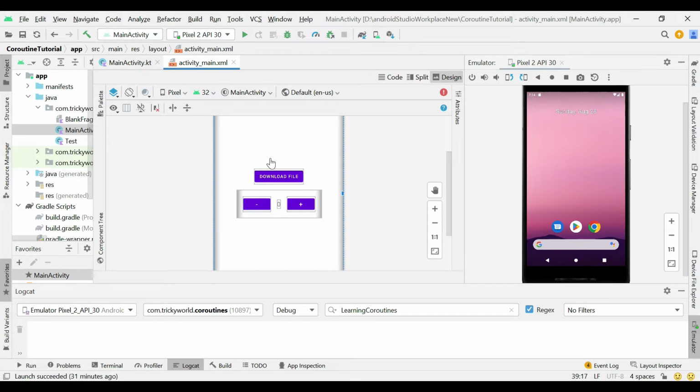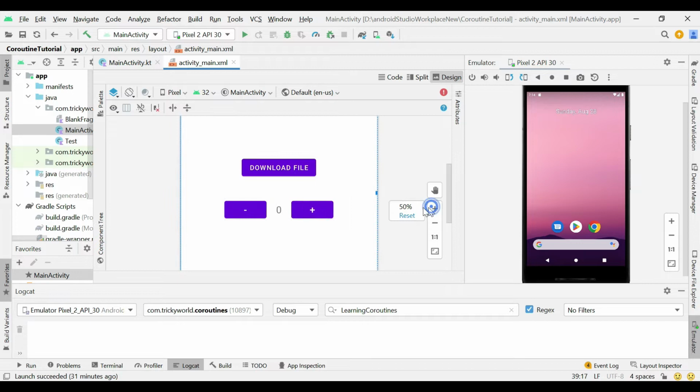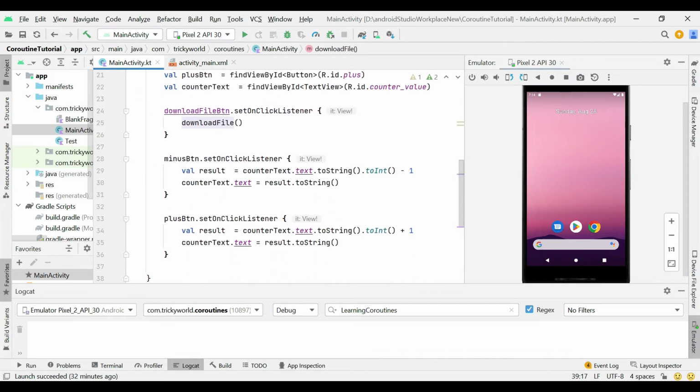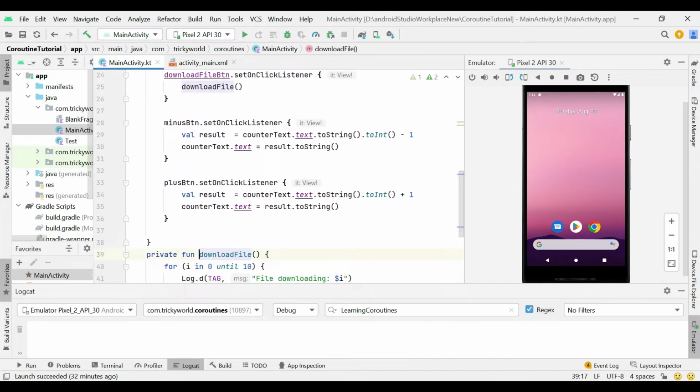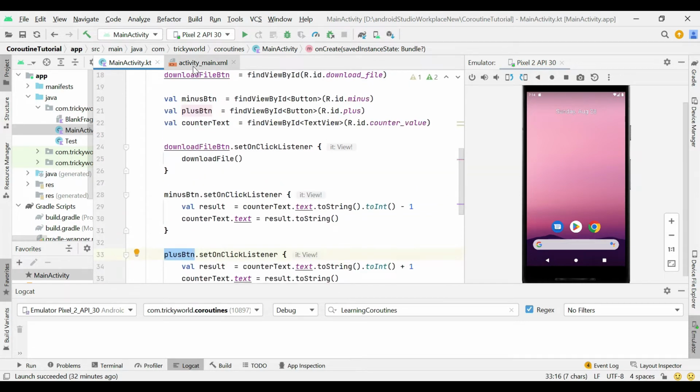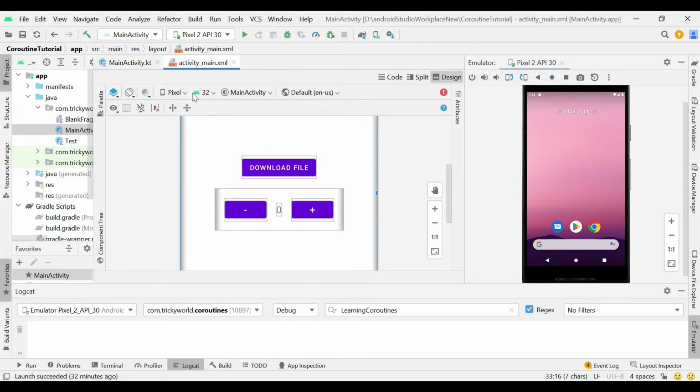And here you can see another button, download file. When this button is clicked, we are calling a fake download file method. In the main activity, here you can see that we are decrementing counter value when minus button is clicked and incrementing when plus button is clicked. And when download file button is clicked,